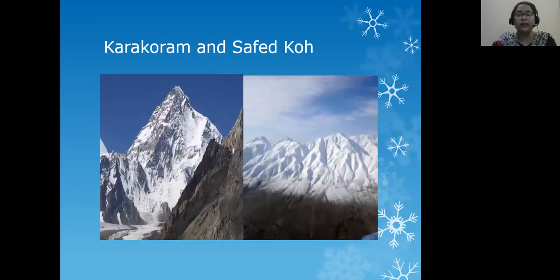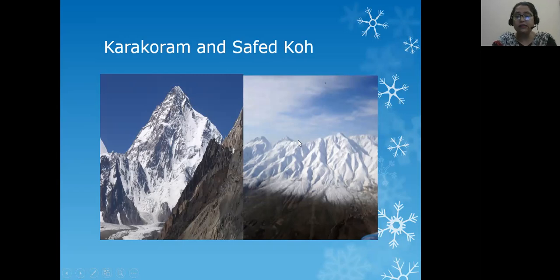Now look at these mountains. If we talk of the topographical features, both the mountains, Karakoram and Safed Ko, are white, covered with snow. But look at Karakoram. You can see this steep, very steep and pointed peak.